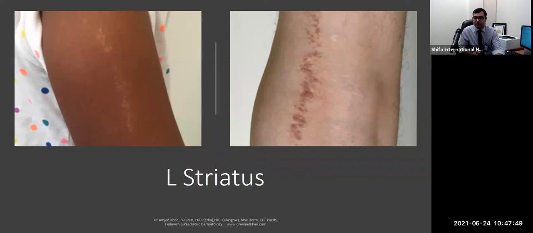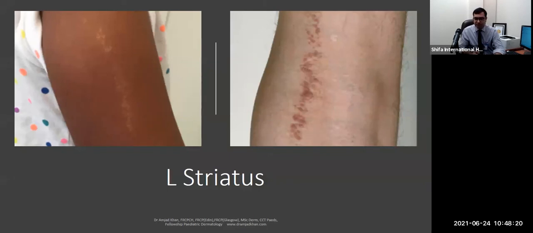It's not vitiligo if there is pigmented skin with a localized blaschkoid distribution. In Fitzpatrick type 5 and 6 skin, it can present as hypopigmentation, while in Fitzpatrick type 1 and 2, it can present as hyperpigmentation. So again, it depends on the basic skin type, where the pigmentation is different, and it's in a lichenoid or blaschkoid